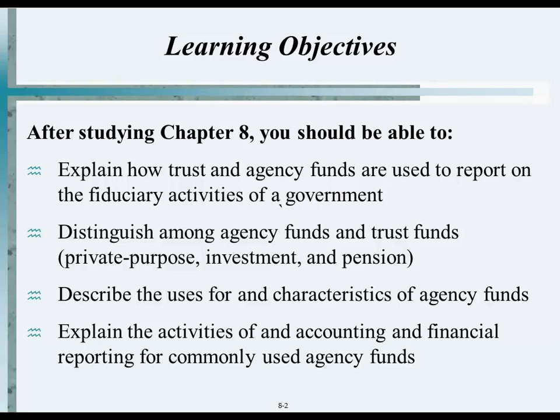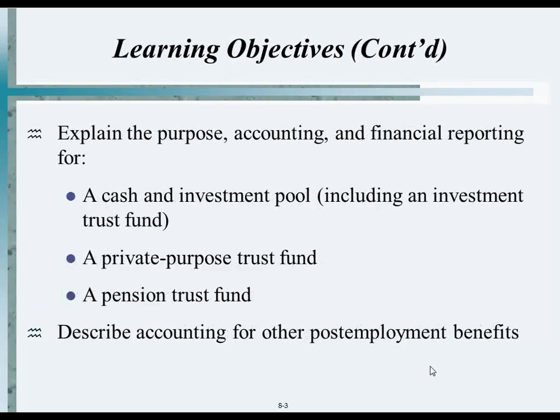So we're going to try to understand the 4 different instances of fiduciary funds. We'll look at one agency category, and we'll take a look at trust funds, of which there are 3. Okay? And we'll do the easy one first, and then we'll move on to the others. These are the 3 principal trust funds that we'll look at: investment pool, private purpose trust, and pension trust, which